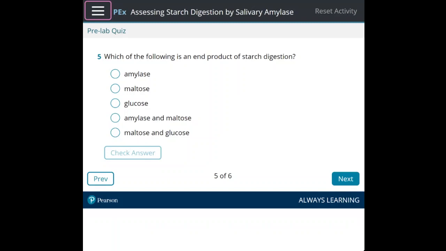Okay. If you're expecting a reaction to occur, then that's a positive control. If you're expecting a reaction not to occur, that's a negative control. And if you get some sort of positive reaction when you are expecting a negative reaction, that could potentially indicate some contamination or a control that's not functioning properly.